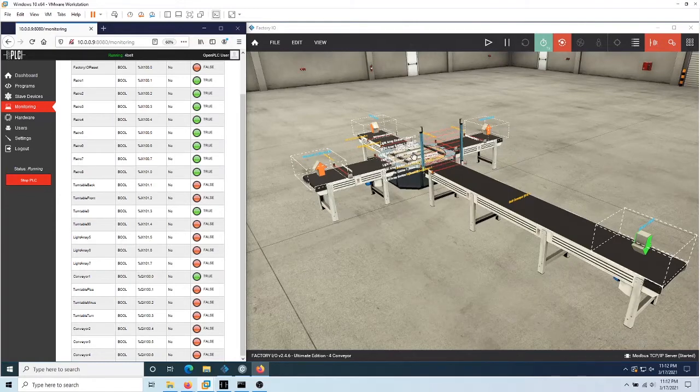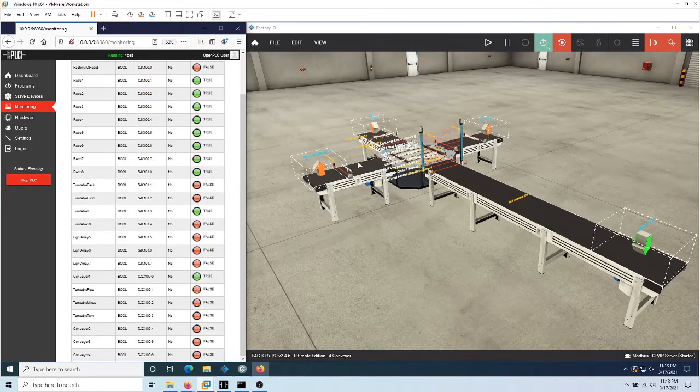And if we have a medium box, it's going to go straight ahead into this remover. Otherwise, if it's a small or large one, it's going to go left for small or right for a large one. And I've programmed this in OpenPLC, and on the left is the web interface for it, showing the different